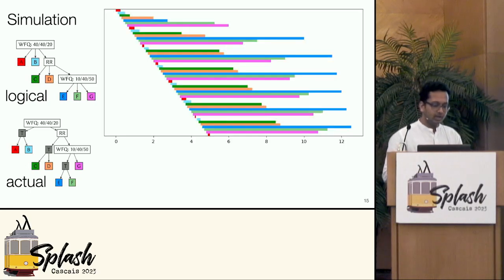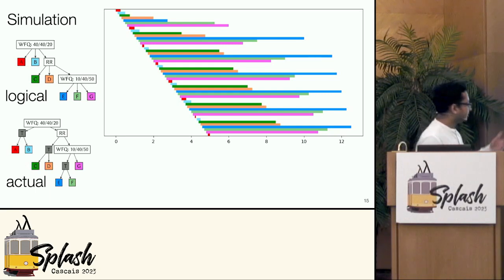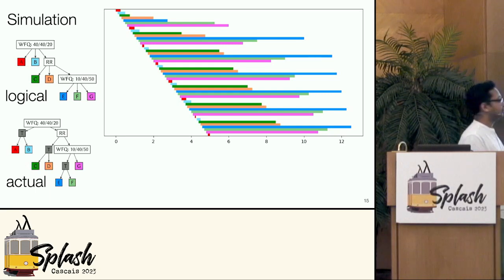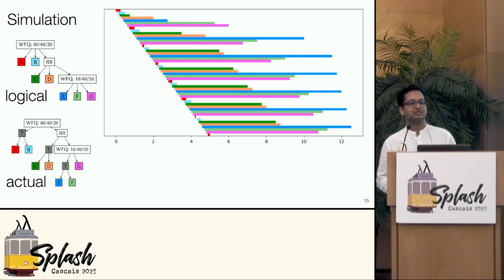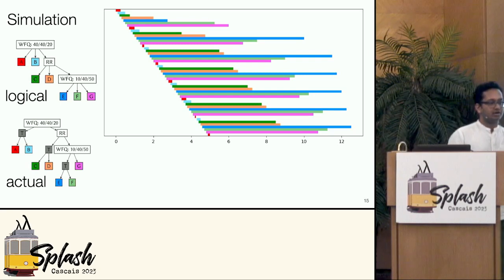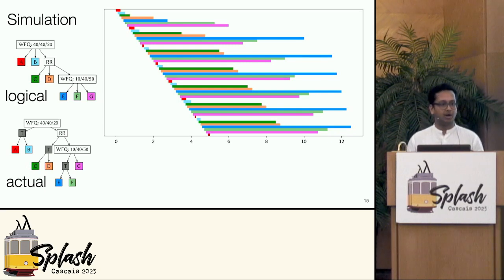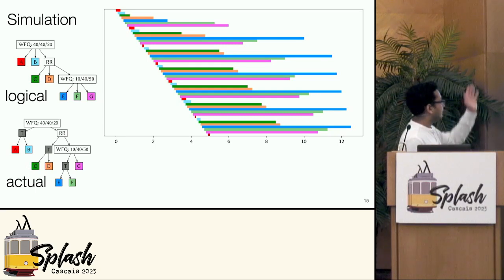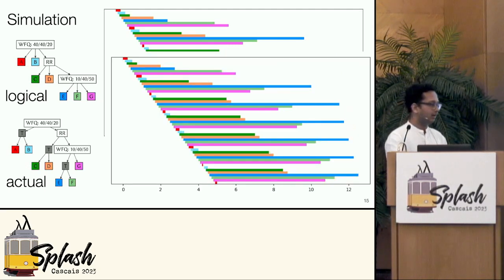So simulating the first tree, the logical desire, shows us this. This is a hip new way I'm trying to visualize schedulers. I hope the community catches on. But basically, shorter bars mean better performance. You were held up by the scheduler for a shorter time. Longer bars mean worse performance. The scheduler held you up for a longer time. A bar starts when the packet enters the scheduler, and it ends when the packet is released. So that's the result of simulating the first one. And the second one, they are the same picture.